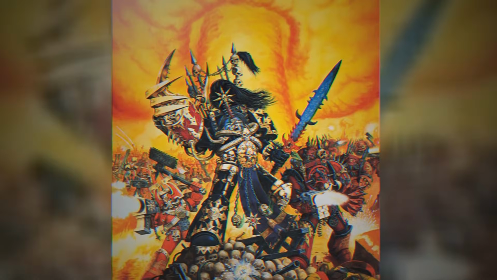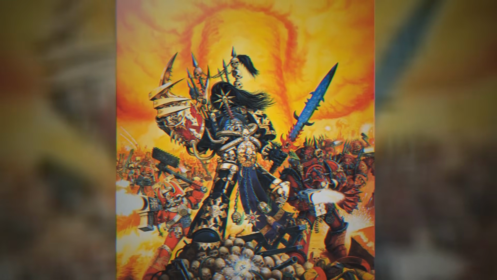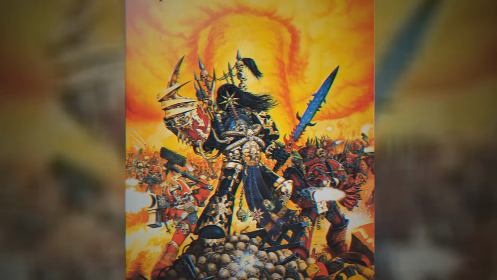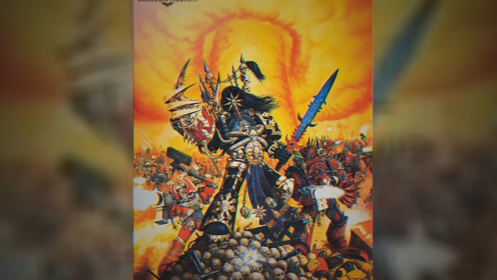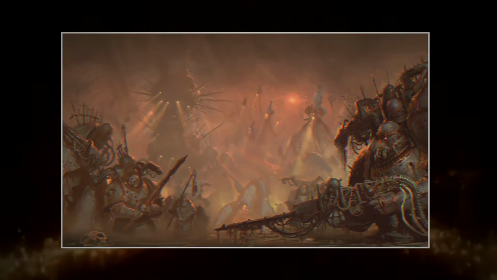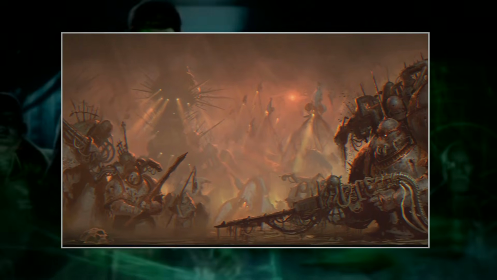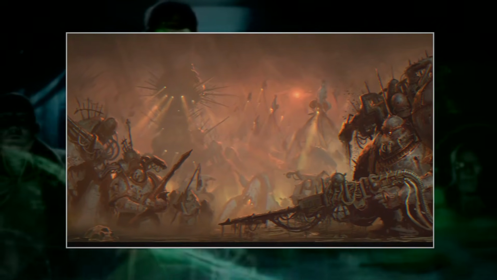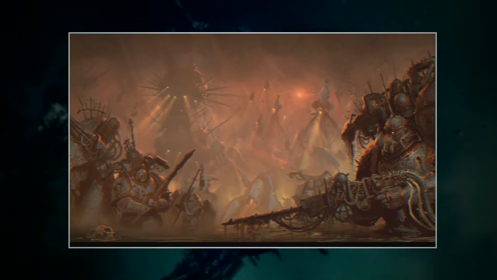The proliferation of these cults was a terrifying testament to the Tyranids' evolutionary adaptability, their ability to subvert and conquer from within before launching their full, devastating assault. The sheer scale of their resurgence meant that many Imperial worlds, seemingly loyal and prosperous, were in fact rotten from the inside, waiting for the signal to rise up and betray their human masters.